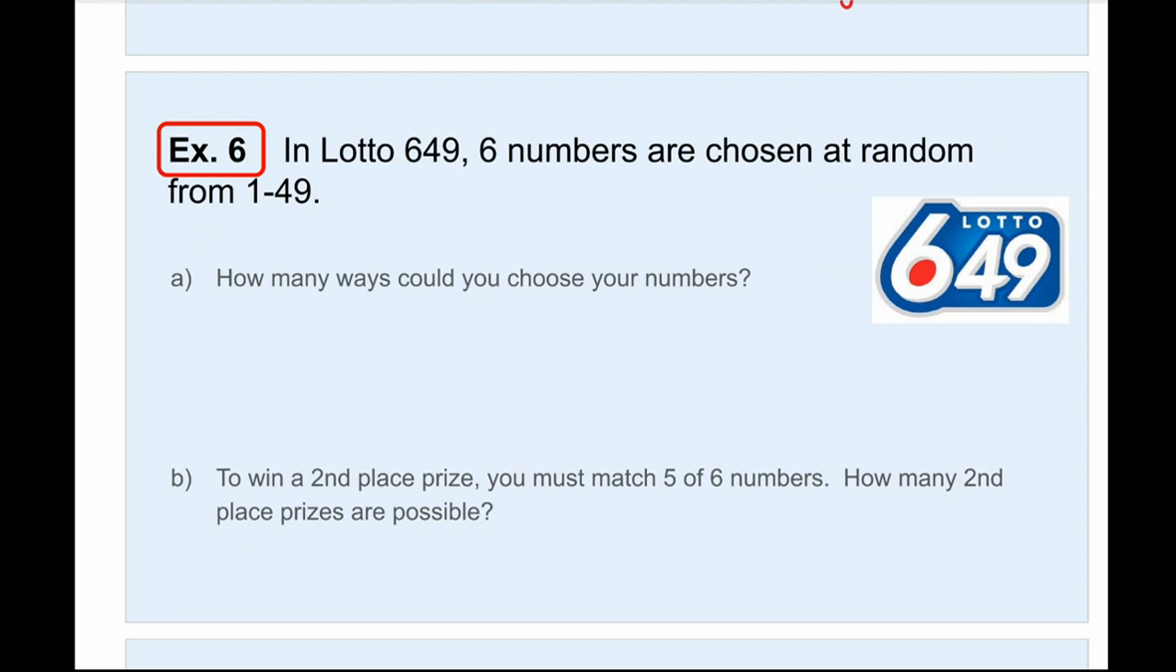So coming back to this question, in Lotto 649, 6 numbers are chosen at random from 1 to 49. And in the beginning, we talked about how there is no order to these numbers. It doesn't matter what order your numbers are in, the idea is that you're picking the right 6 numbers. So how many ways could you choose your numbers? Well, I have 49 total numbers to pick from, and I'm choosing 6 of them, so 49 choose 6 equals